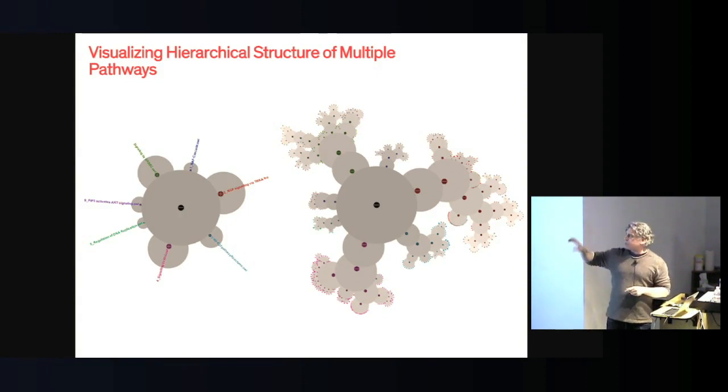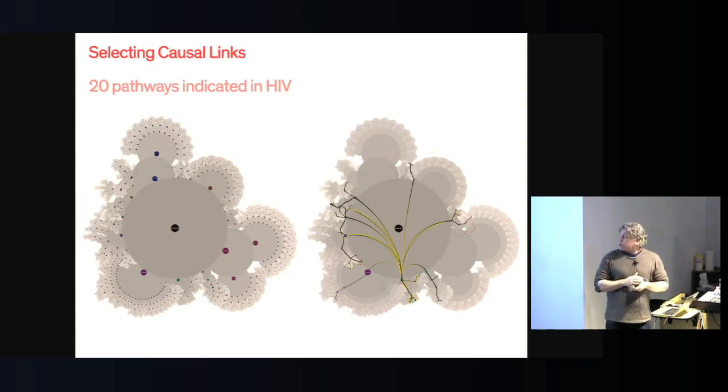So a user can zoom into any part they want. They can open up certain side trees. They can turn certain ones on and off. And then what we were trying to do is think about how we could show the process, the causality of these biochemical reactions happening over these different